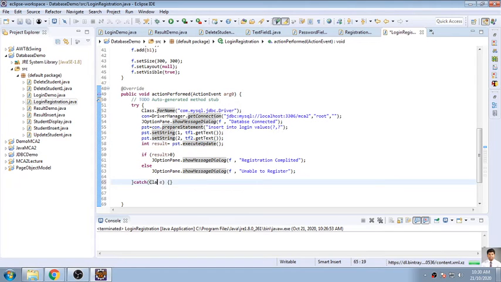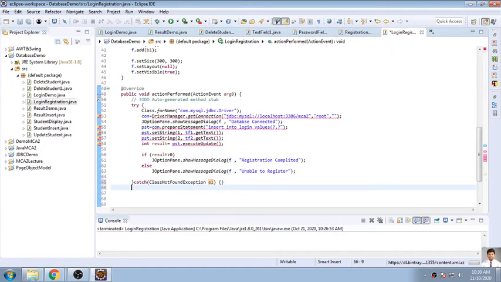This has completed, but whenever you are using this, don't use this function directly. It should be ClassNotFoundException e1. Then there is one more catch I have to handle, that is SQLException, with SQL in uppercase.